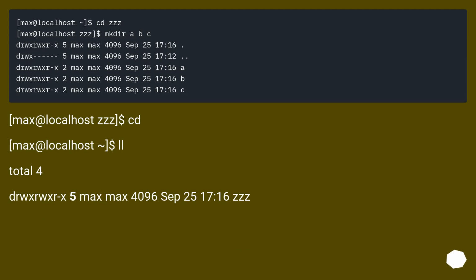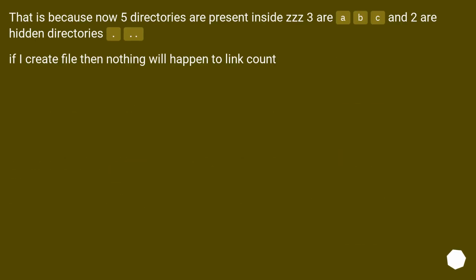max@localhost $ cd z. max@localhost $ ll. Total 4. drwxrwxr-x 5 max 4096 Sep 25 17:16 z. That is because now 5 directories are present inside z, 3 are a, b, c and 2 are hidden directories,